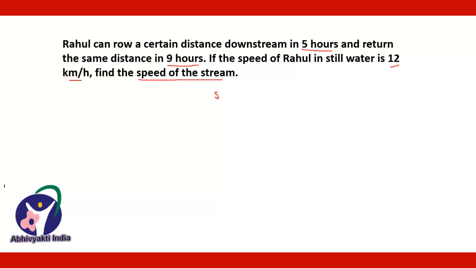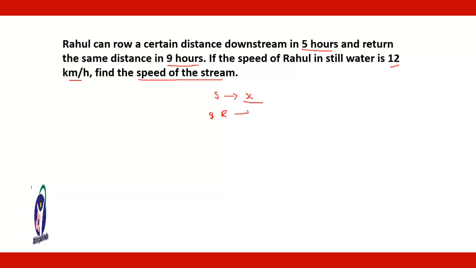Let the speed of the stream be x. Therefore, the speed of Rahul downstream will be x plus 12,